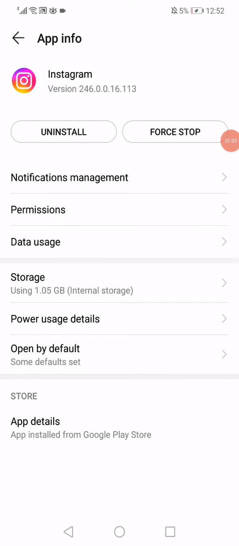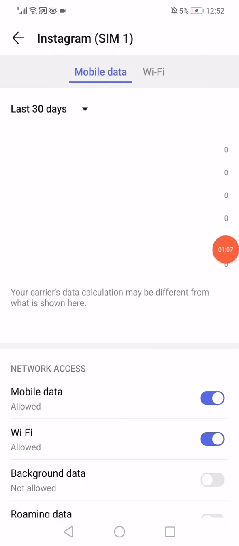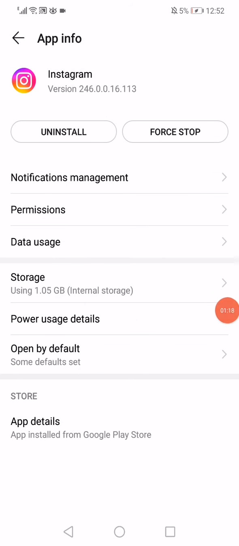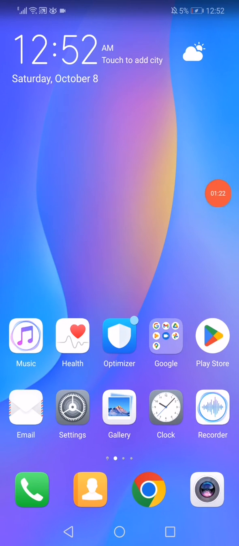Now click on this data usage option, and now all you have to do is disable those options and enable them again. And after you do that, go back, and now click on the home screen and restart your phone, and then try Instagram, and I am sure that the problem is